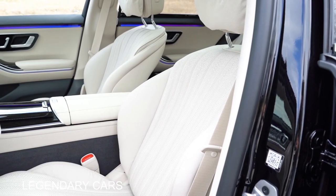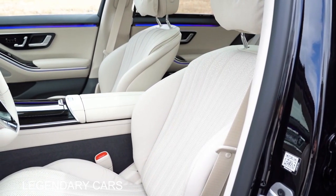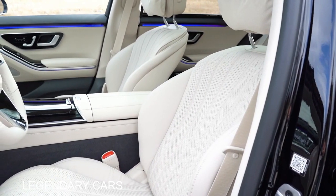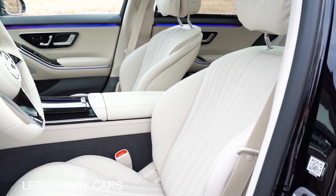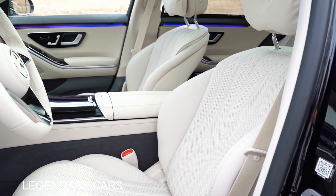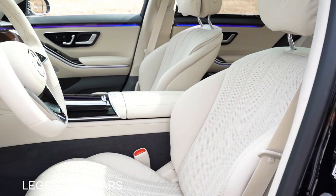12-way power adjustable front seats do come standard, heated and ventilated front seats as well. They are also multi-contour front seats with the massage function. So yes, you can get a massage in those front seats if you wanted it. Rapid heating front seats do come standard with a leather finish, and there is a Napa leather finish